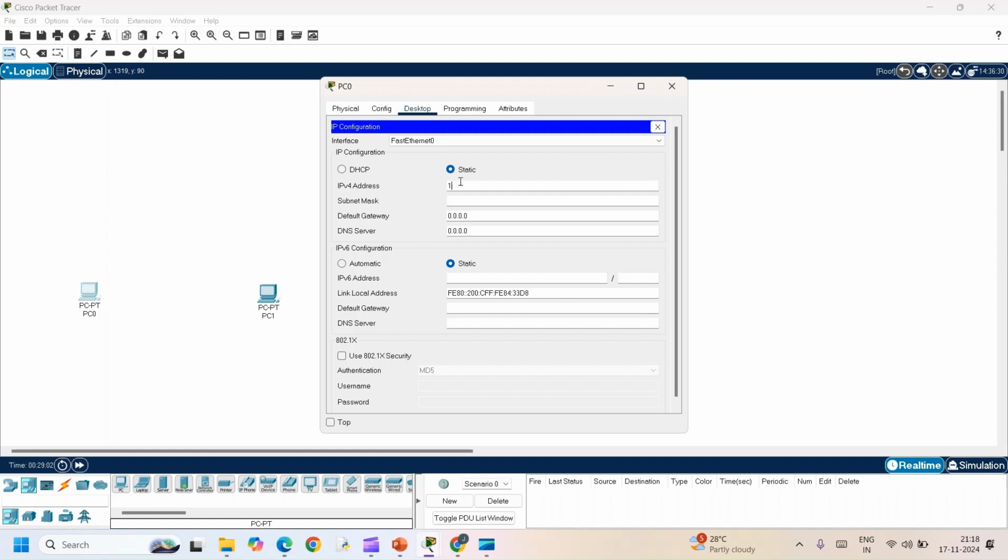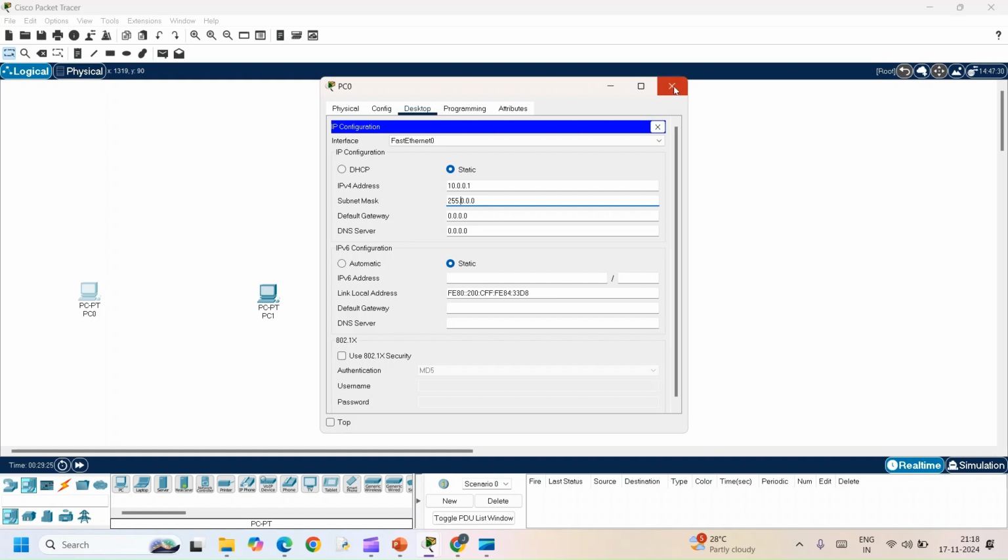I am going to give a class A address. In successive videos, we will discuss what IP addresses are, what the classifications are and all. After giving the address 10.0.0.1, when you click on subnet mask, the subnet mask will come automatically. What a subnet mask is, we will also see in further videos.